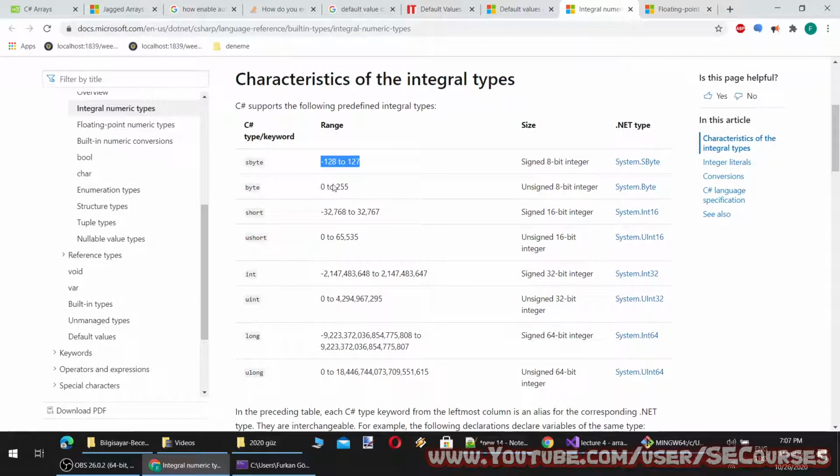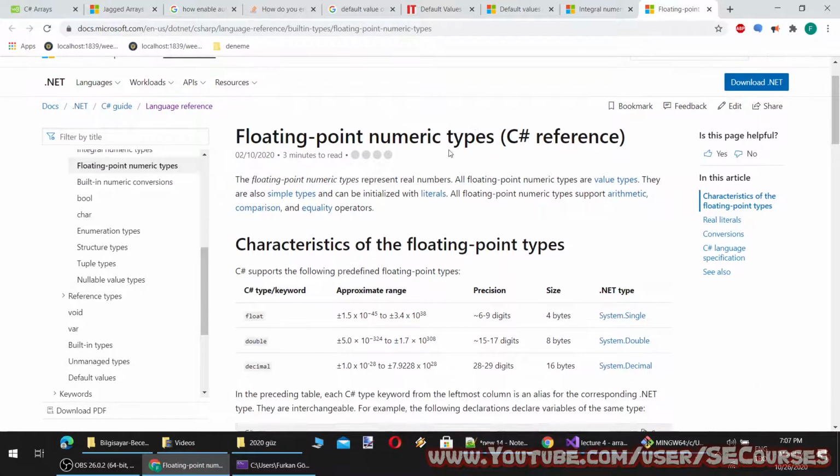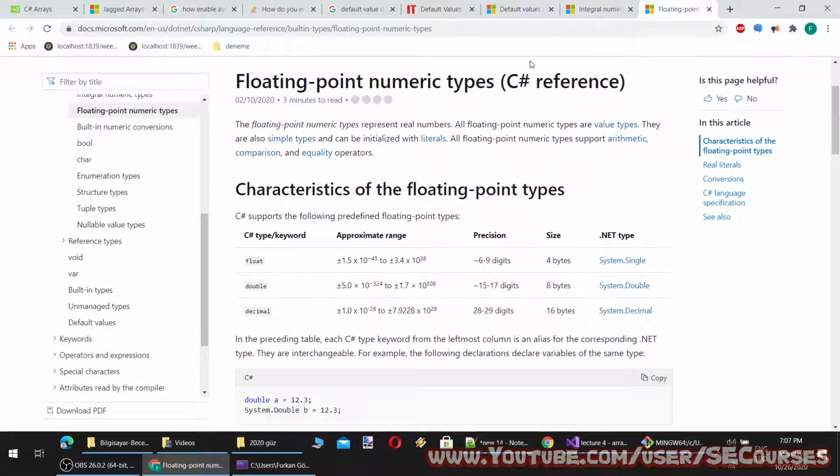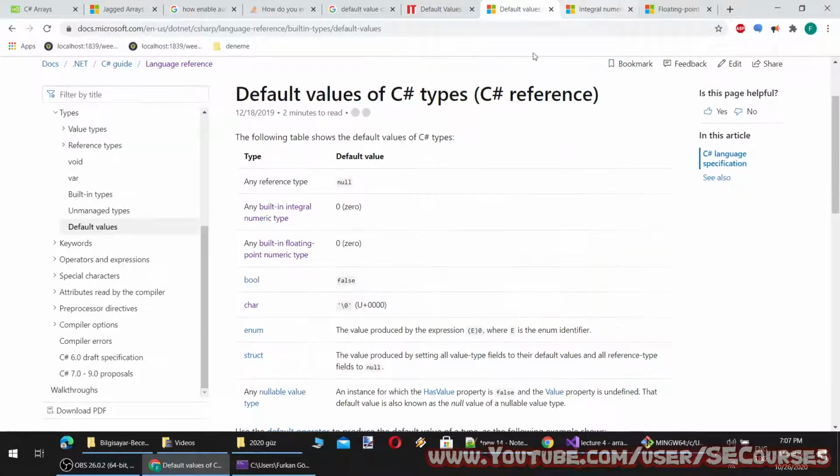So this is int 8, this is int 16, this is int 32, and this is int 64. Floating point numeric types are float, double, and decimal, and they all get 0 as the default value.